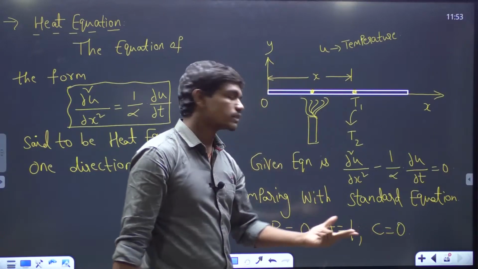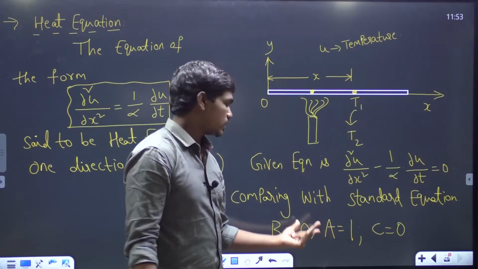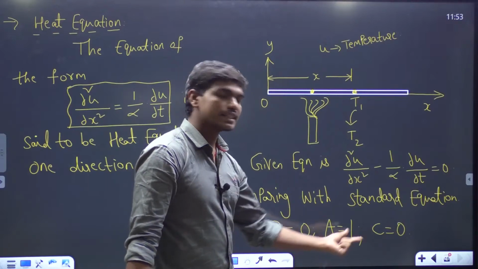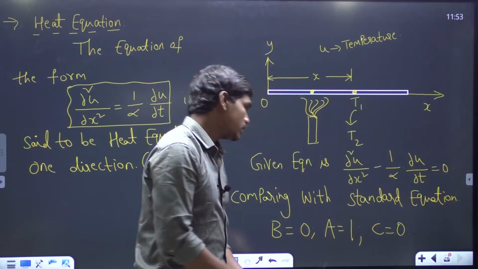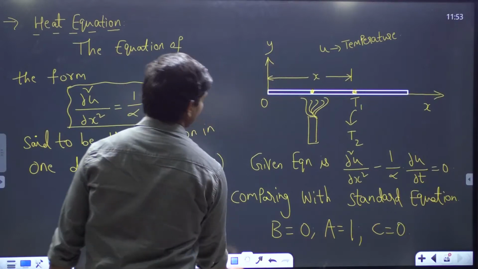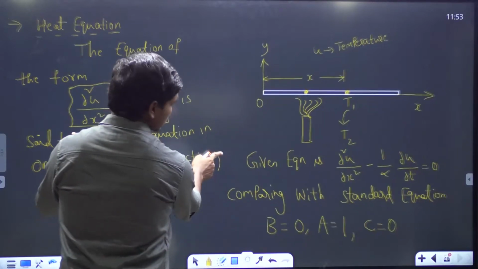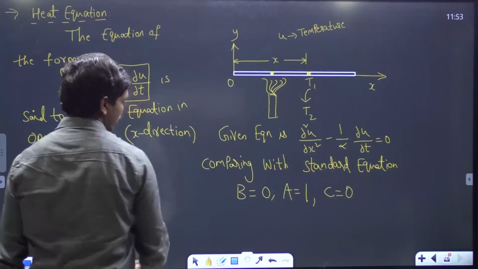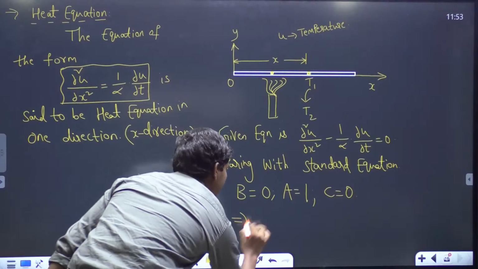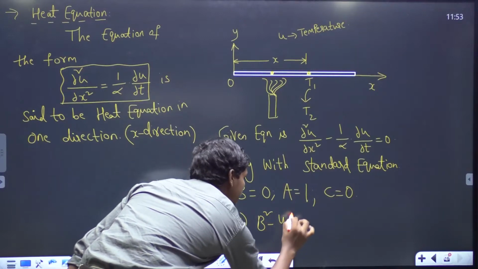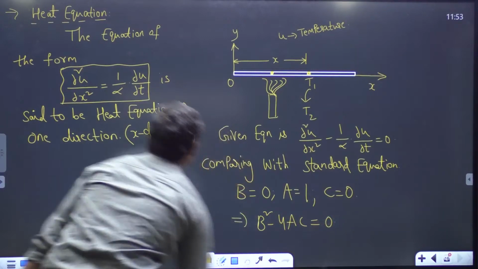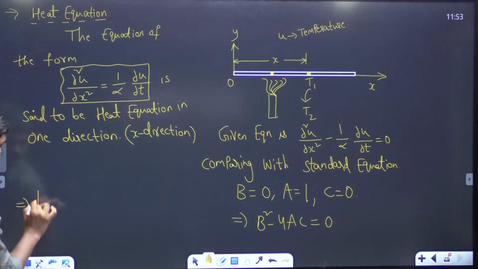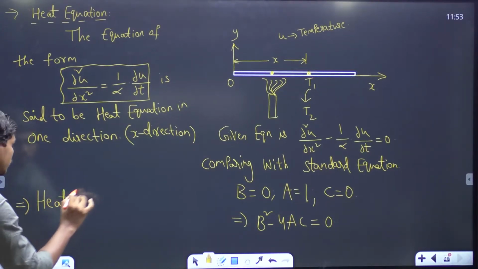So what is the value of b square minus 4ac here? 0, correct? So b square is 0, minus 4ac. So when you multiply with c, this is also 0. Okay, so this implies b square minus 4ac is equal to 0, which means this implies the heat equation is